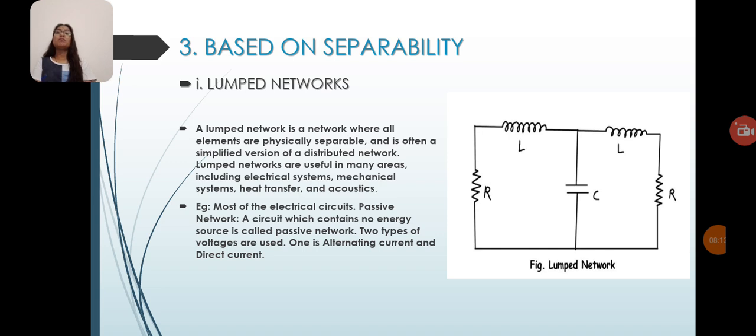For example, most of the electrical circuits, passive network. A circuit which contains no energy source is called a passive network. Two types of voltages are used: one is alternating current and the other is direct current. Here we can see the diagram of a lumped network. And the next one is